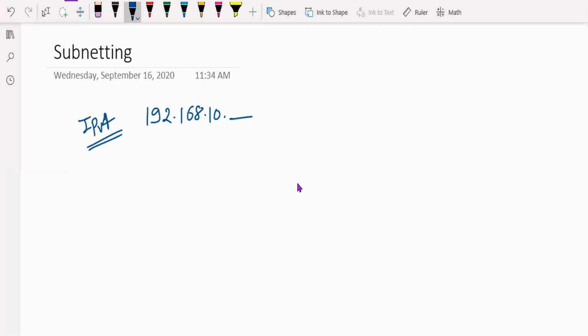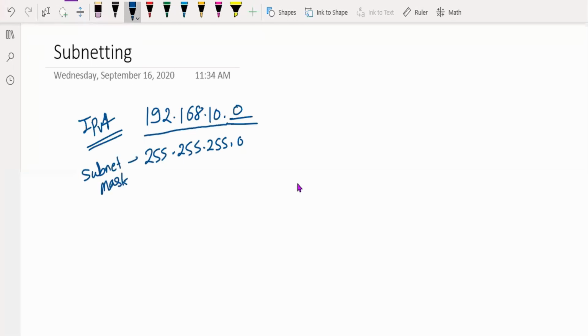So in place of writing this as a network address, we will divide this network 192.168.10.0. This is one network. If I'm writing this as a network address and my subnet mask as 255.255.255.0, which is the default subnet mask. This is your subnet mask.